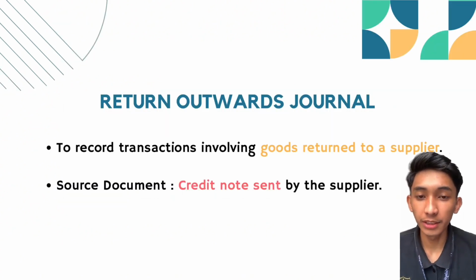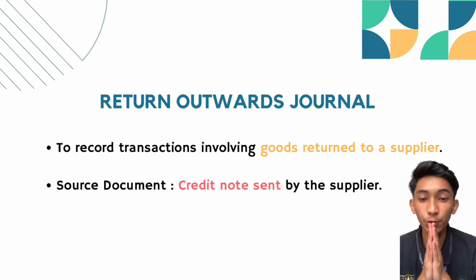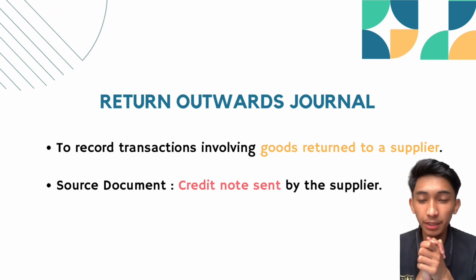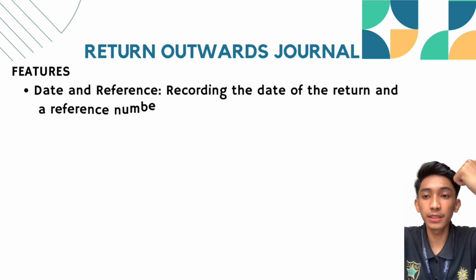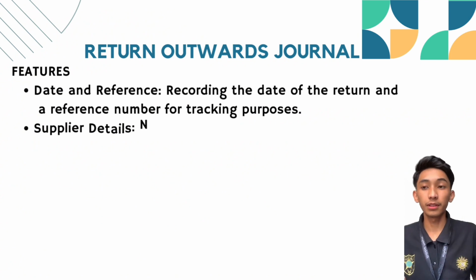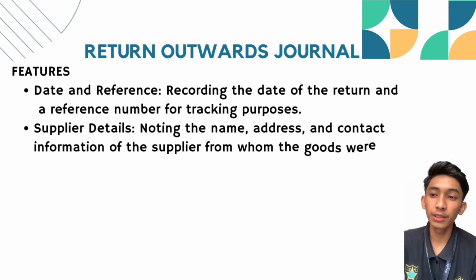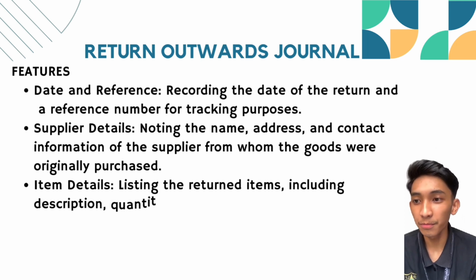Returns outward journal. The function of the returns outward journal is to record transactions involving goods returned to a supplier. The source document for the returns outward journal is the credit note sent by the supplier. Features of the returns outward journal: first, date and reference, recording the date of the return and a reference number for tracking purposes. Number 2 is supplier details, noting the name, address, and contact information of the supplier from whom the